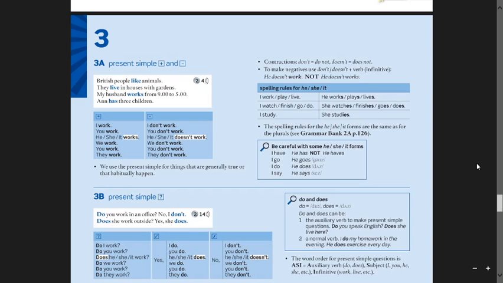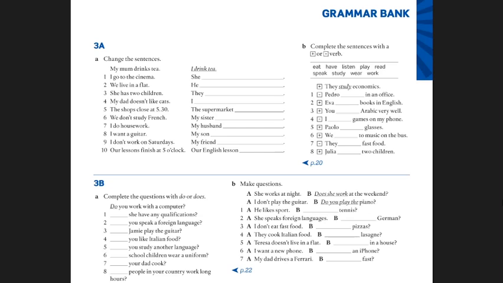In activity A, you have to change the sentences. For example, my mom drinks tea, I drink tea. I go to the cinema, she goes to the cinema. We live in a flat, he lives in a flat, okay? And then in activity B, you have to complete the sentences, according to whether they are affirmative or negative, with a verb from the list, okay? So when you finish that, go back to page 20 again and continue. Yes? Well,